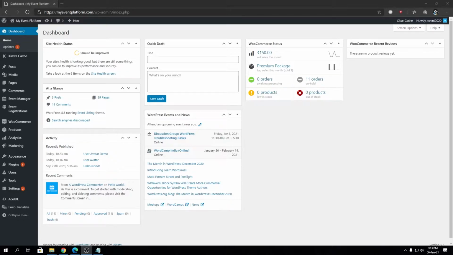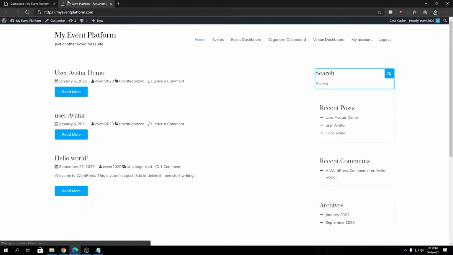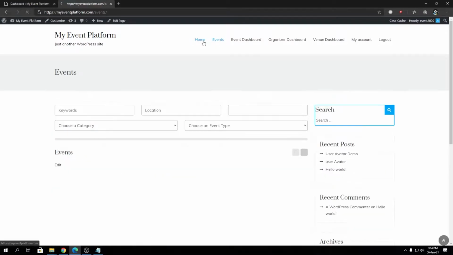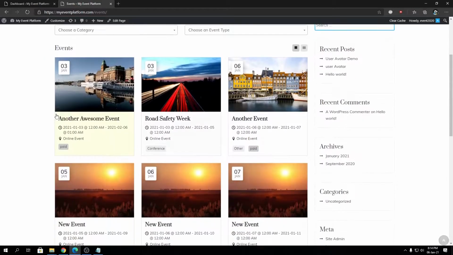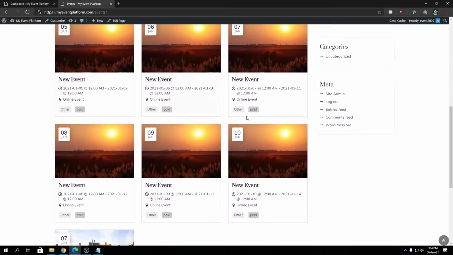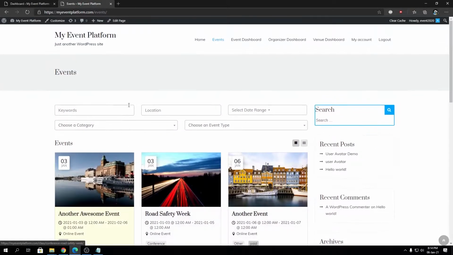And in this video, we're going to talk about a fundamental shortcut that's been used in our WP Event Manager called events. So why events is so important and why we want to talk about it. For that, let's visit the front end side and go to the events listing page over here. You see this layout, all the events being displayed. These all are coming from one single shortcut.